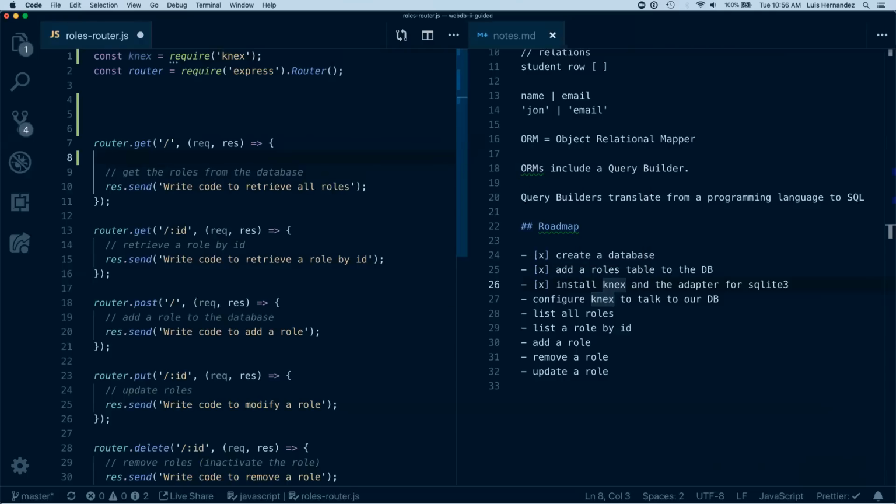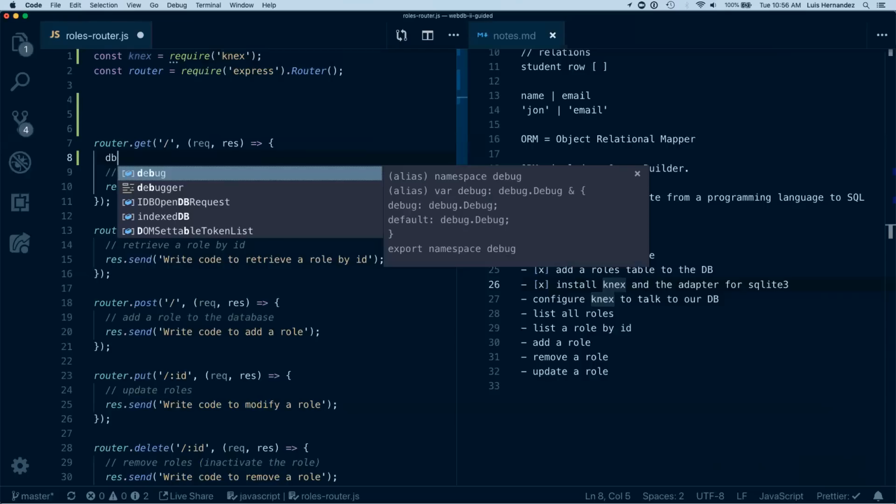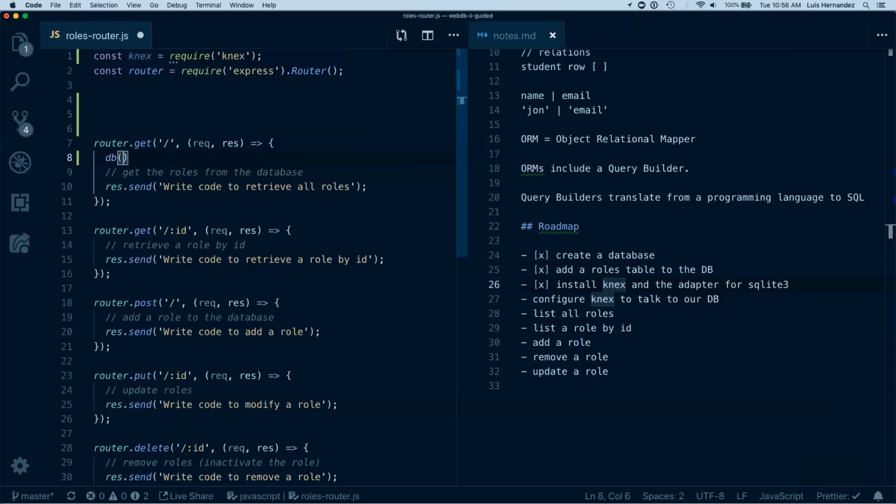We could call it whatever we want, depending on the technology that you're using. This could be called a context. I'm gonna call it DB. Okay, and if you had that instance of next already configured to talk to a database, you can then say DB roles, and this right here, this is enough to return